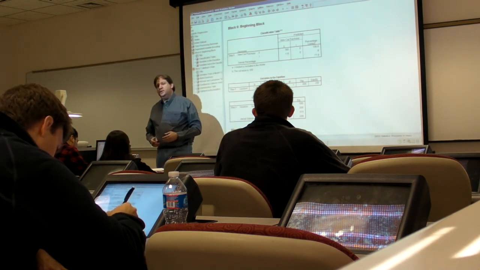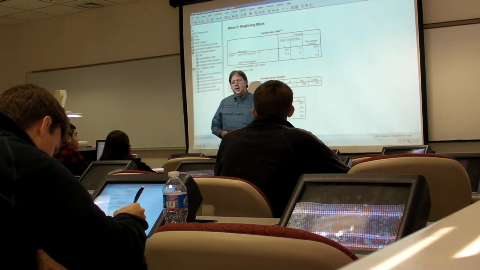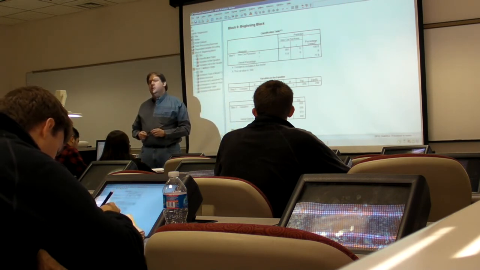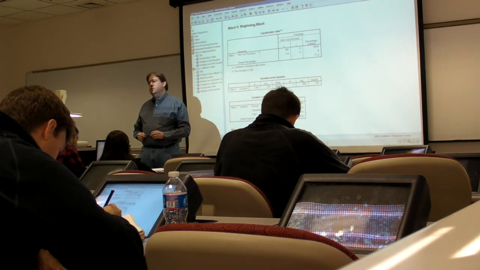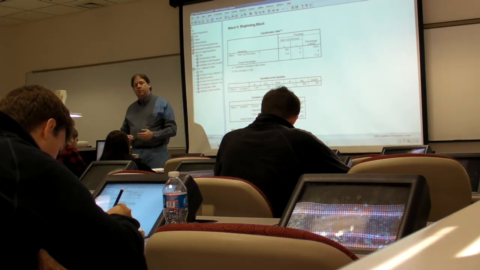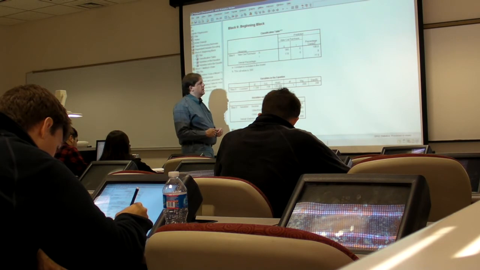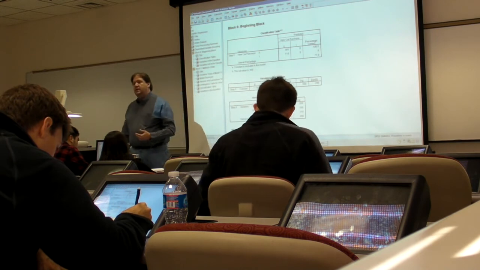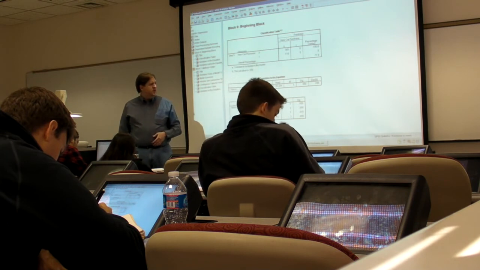And so what the 0.299, the odds ratio, is telling us is that the likelihood that you purchase a new car is 0.3 times the likelihood that you do not purchase a new car. All the odds ratio is doing is telling us the ratio of the likelihood of purchasing versus not purchasing a new car. So you're approximately 0.3 times as likely to purchase a new car than not purchase a new car. So we have that information there.